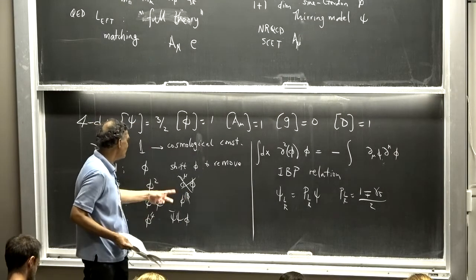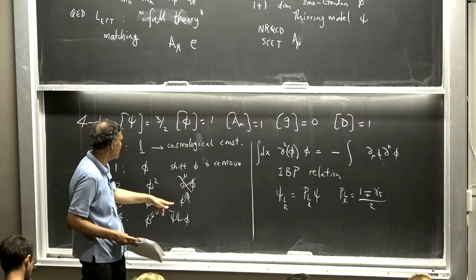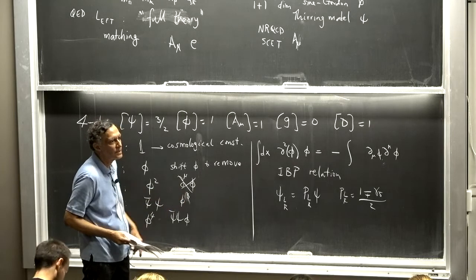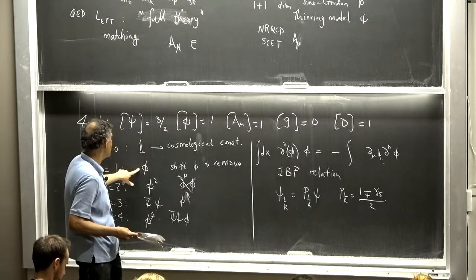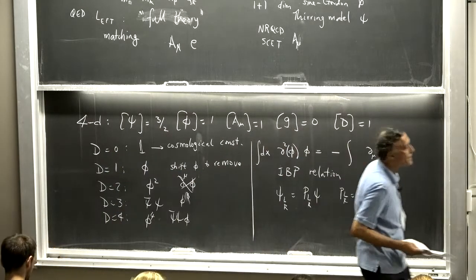Yeah, so if you have a phi goes to minus phi symmetry, it won't be there in the standard model because SU(2) invariance is not there, but in general it's there. And in general, this phi field is also there, but then what you do is you shift by some constant to get rid of it, which is,